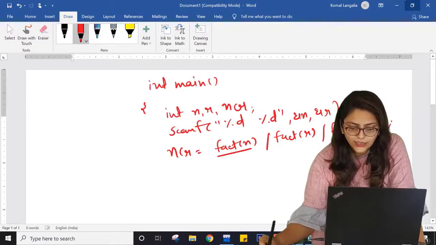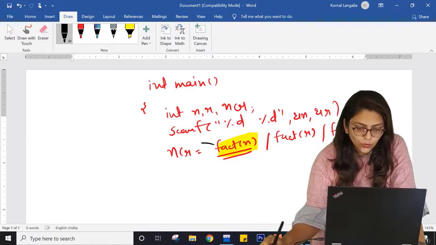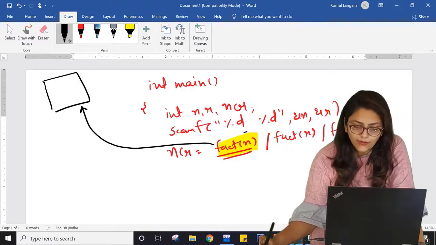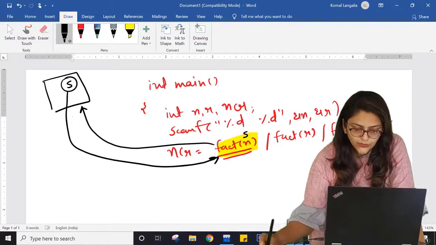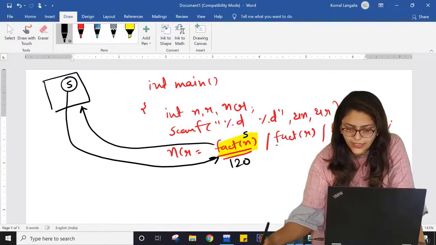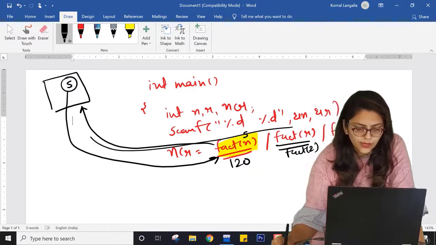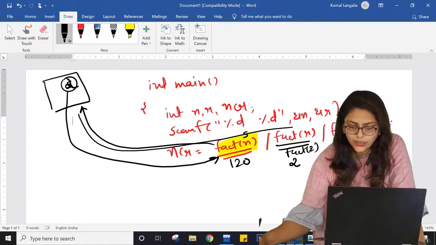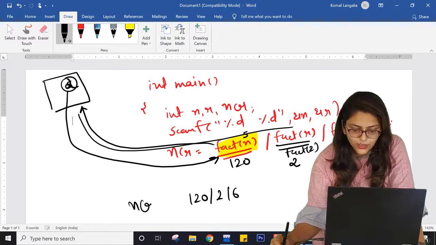So now when it encounters this, it will not go further. It will go to my magic box to find the factorial. So the value of n, whatever value I have entered, 5, so 5 will be copied there and fact of 5 will be returned. So here it will return 120. Then again when it encounters fact of r, that is fact of 2, it will give the value 2 to this magic box and return 2 over here, and same for this 3, so it will return 6 over here. So now this equation becomes 120 divided by 2 divided by 6 is equal to NCR.